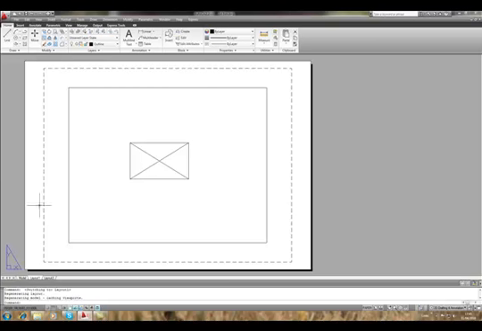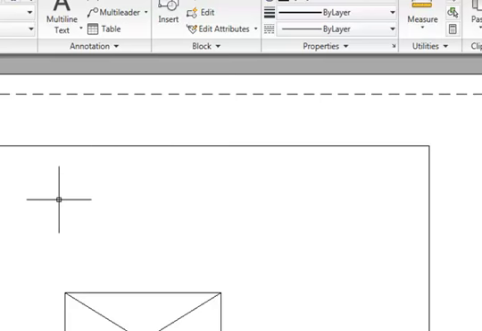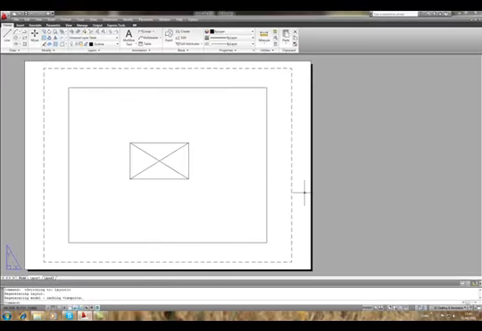The dotted line that you can see indicates printable area. It's optional whether that is shown or not, and this setting can be changed in options. The solid border is the actual viewport. If we proceed by erasing the existing single viewport,